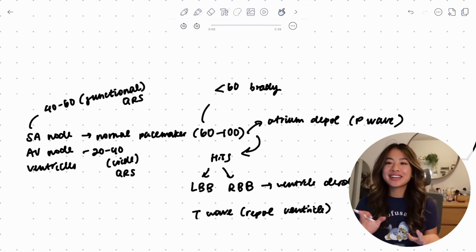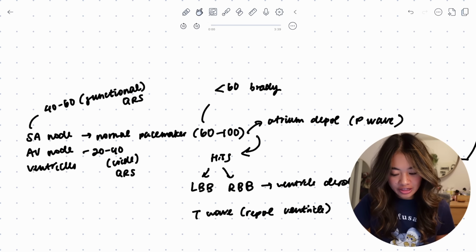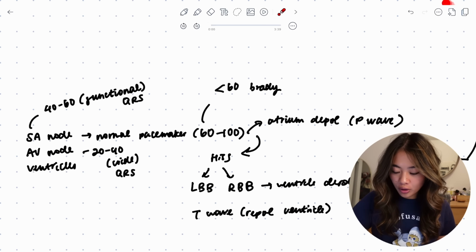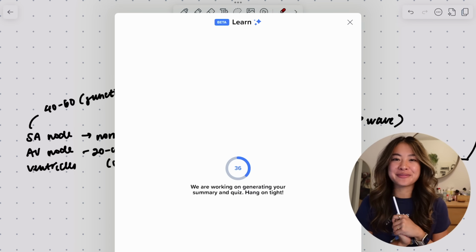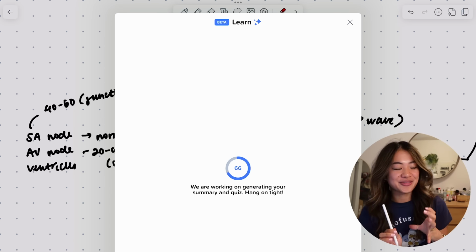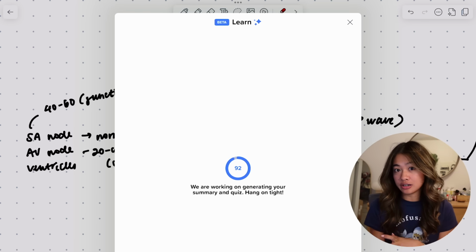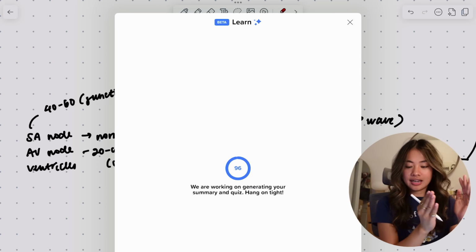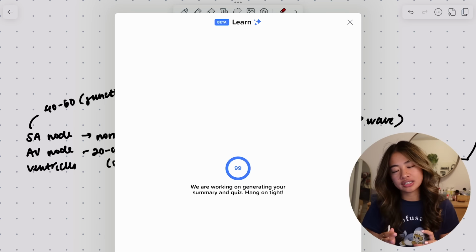And so now that we have our audio recording, this is where the magic happens, and we're going to click the learn function here on the top right corner, just like that. And you're going to see that it's going to generate our summary and our quiz for us. And the really exciting thing is that it's combining a lot of the different steps that I had in my undergrad note-taking process, like the annotating, the summary, and the quiz/Anki, and it's going to jumble that all together